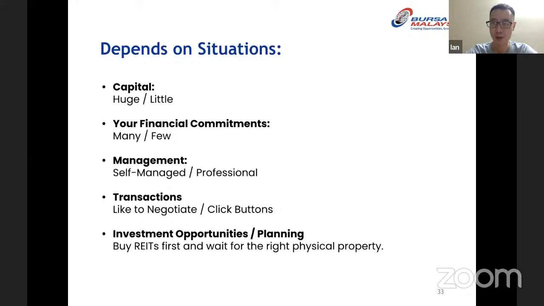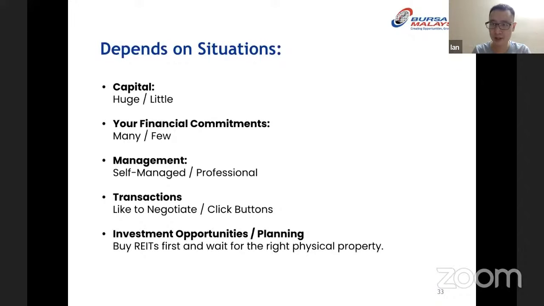However, if you just want to invest in a REIT, then you don't need so much money. Even a few thousand, you can actually start a REIT portfolio. Now, when it comes to your financial commitments, let's say you have a very low debt servicing ratio, good CCRIS, good CTOS, then of course you can choose either of the two. But if you have a lot of commitments already,